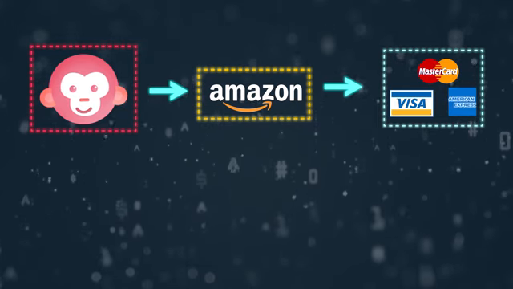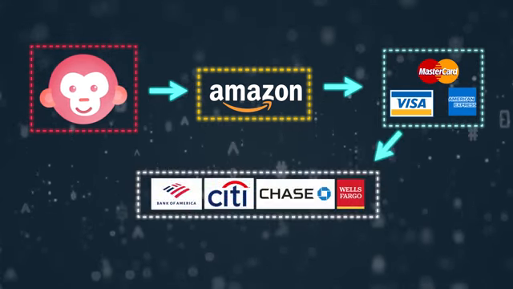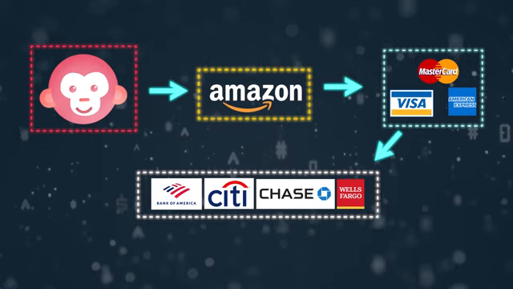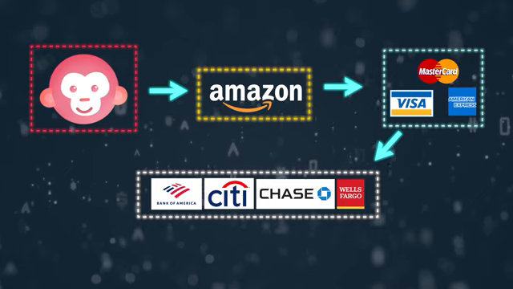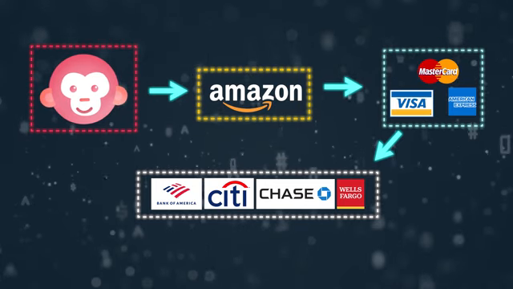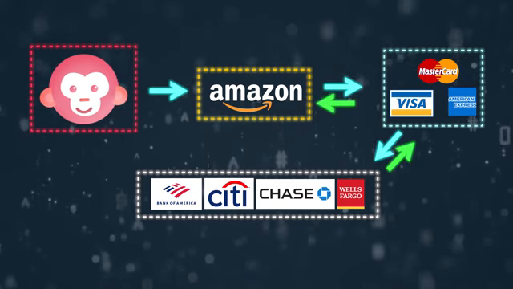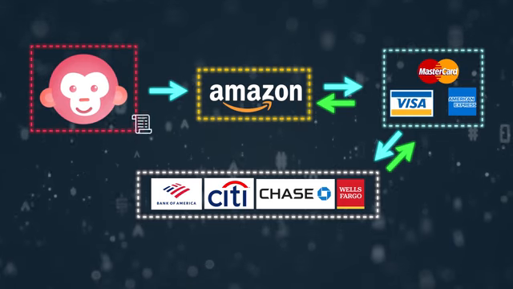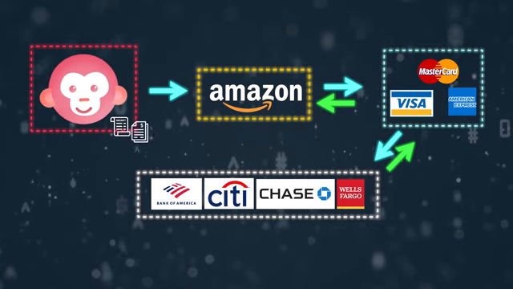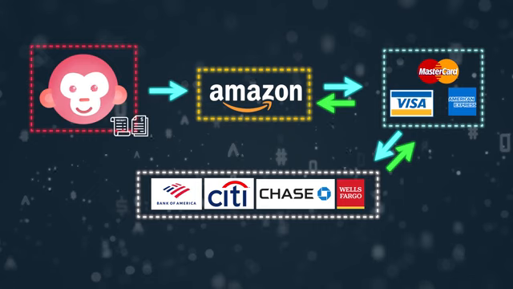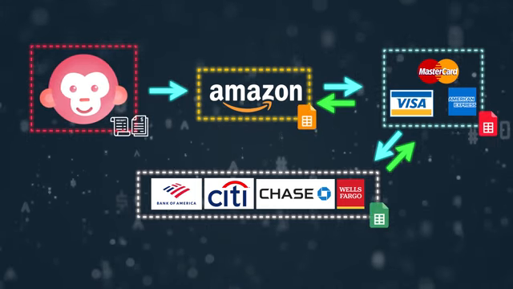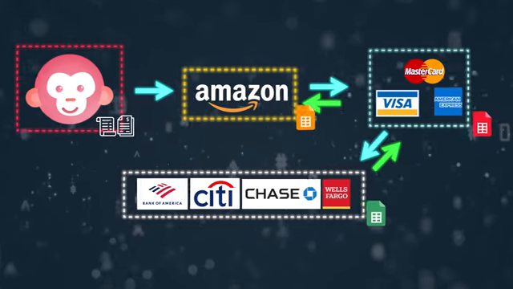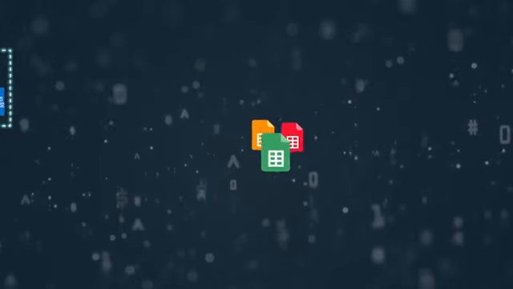These payment processing networks would ask your bank for their approval to see if you have enough money or credit limit in your bank. Once your bank is done confirming that you have money, the transaction's validation goes all the way back to Amazon. Amazon would give you an order receipt and your bank will send you your credit card statement. Every party involved in this transaction would have their own version of the transaction record as well that will look different than yours. Before blockchain, these data and records would often be stored in data tables.